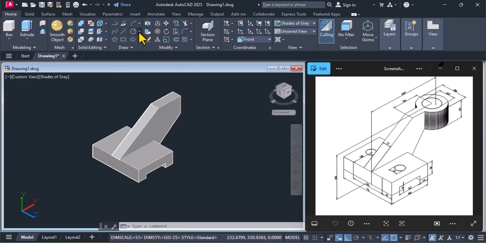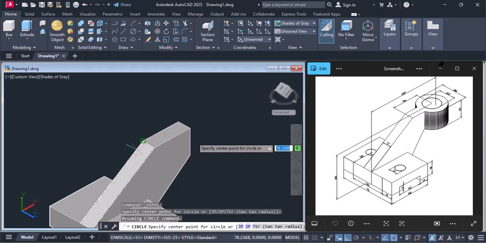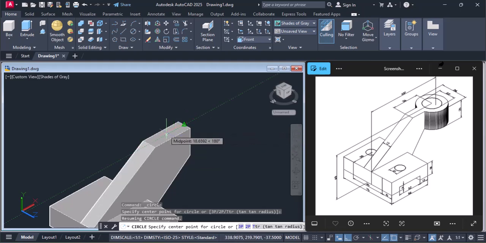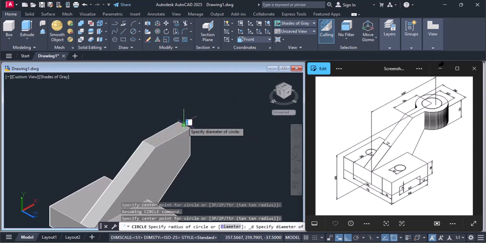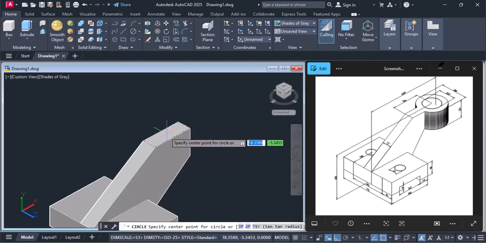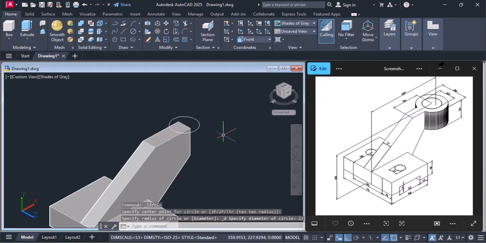So we select circle and center diameter, and first we activate this plane, and then after activating that plane we click here. Ensure that the plane is correctly selected. Center diameter, select the plane, then click here and draw a circle of 22 dia and hit enter.